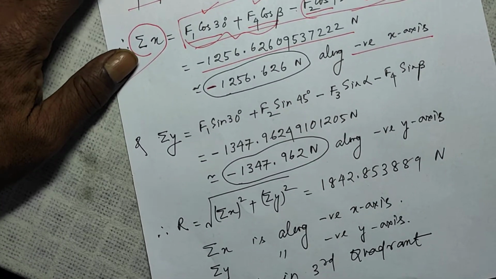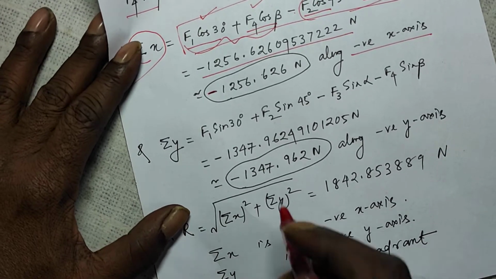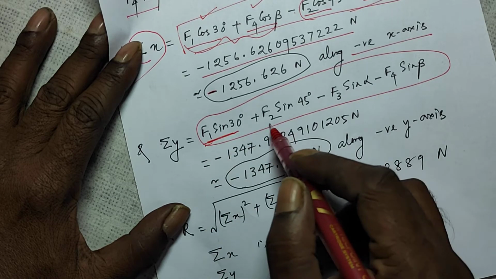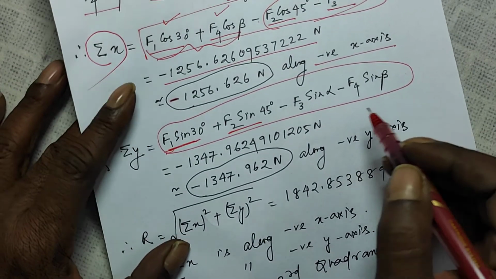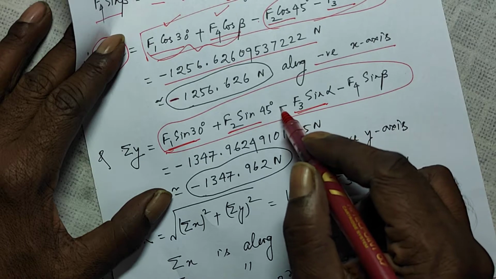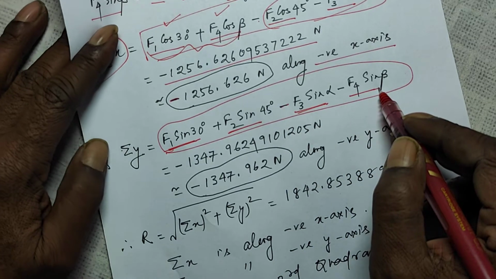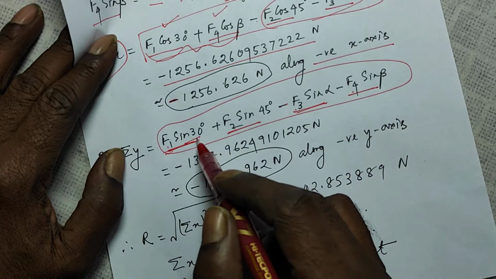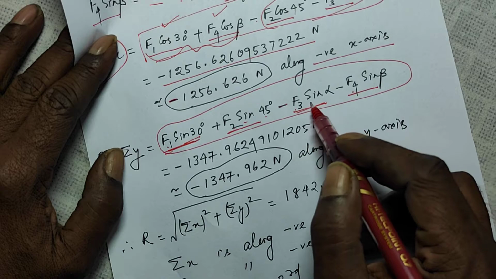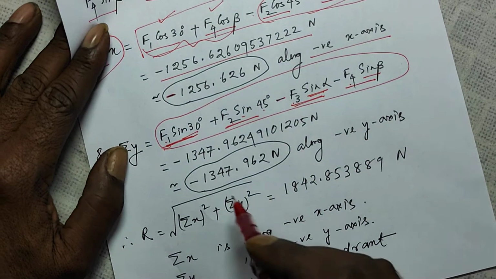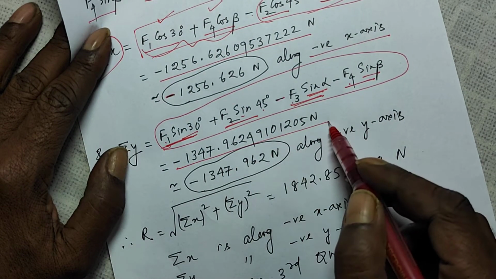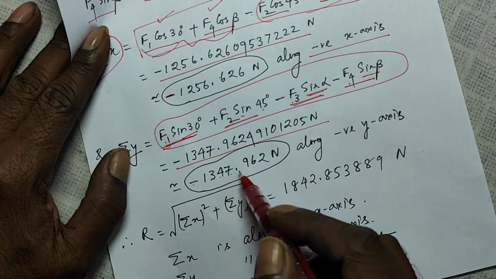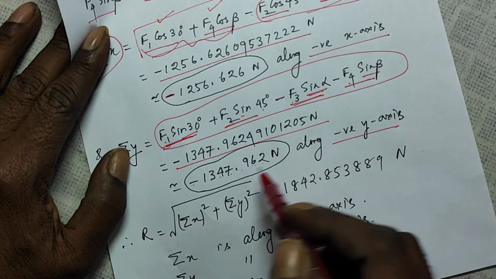Similarly, sum of the forces along y-axis. So let us add this much. So this I explained. This is along positive y-axis. This is along positive y-axis. This was along negative y-axis, so I have subtracted. This was along negative y-axis, I have subtracted. So put the value of F1, F2, F3, F4 which is given. Sine 30, sine 45, sine alpha, sine beta. So this comes out to be this much. When I have taken it rounded off to 3 decimal places, so minus 1347.962 Newton along negative x-axis because of